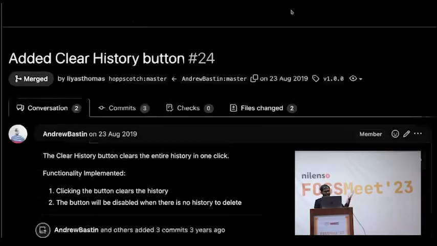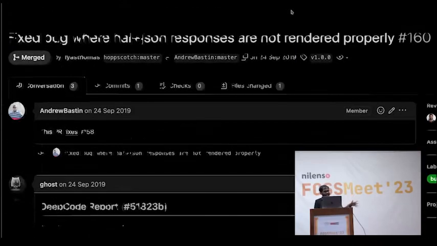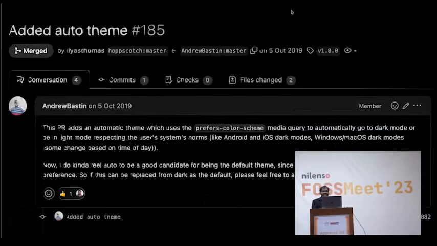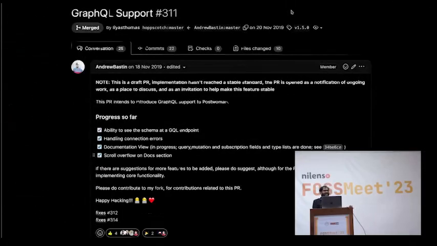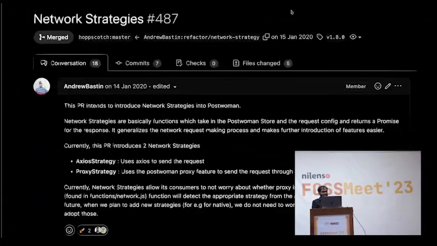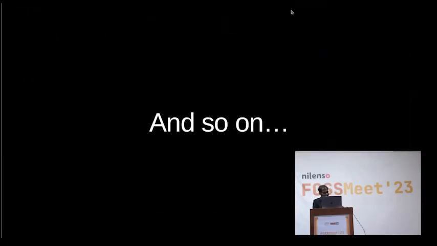And more PRs. And I can go for even more. There was a point where I actually had more commits than Leas in the project. There used to be a point where Leas had to go like, I had to ask Andrew, I'm not sure about how this works. Yeah. And so on. I don't want to fill this 45-minute gap with just my pull requests, that feels like boasting at this point.